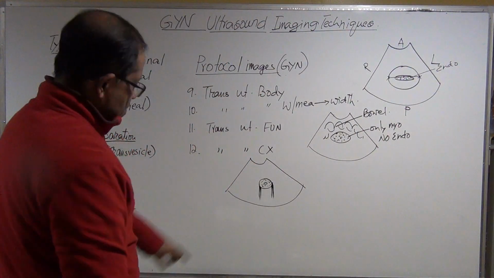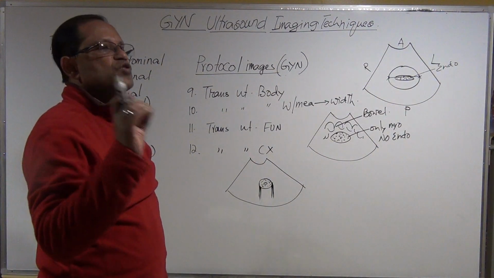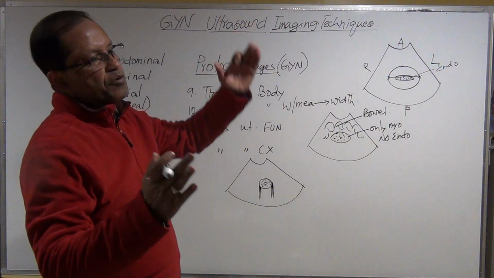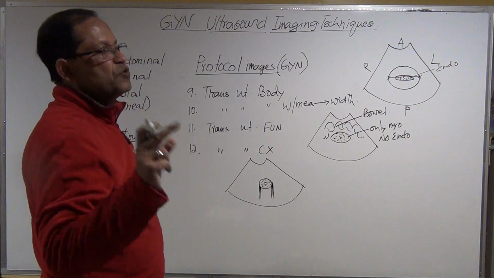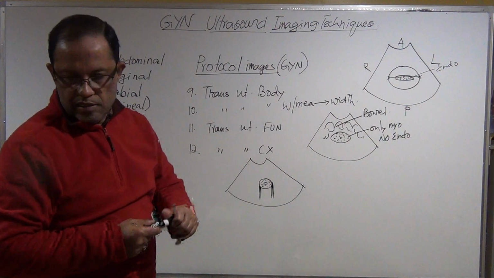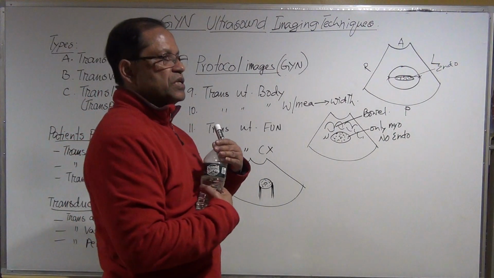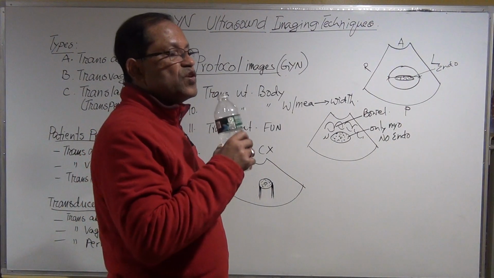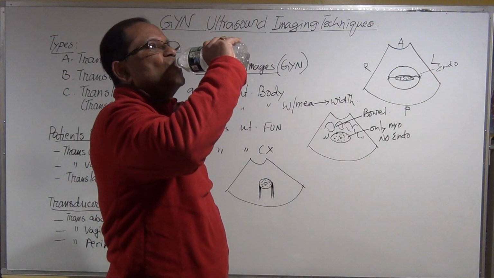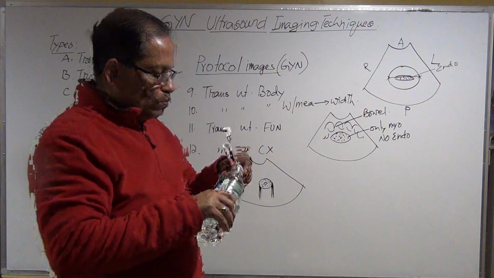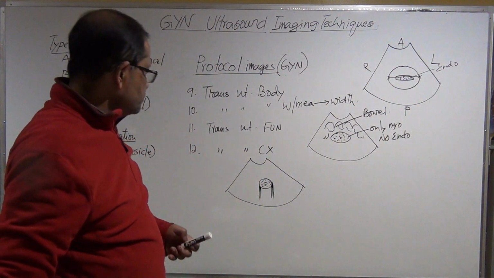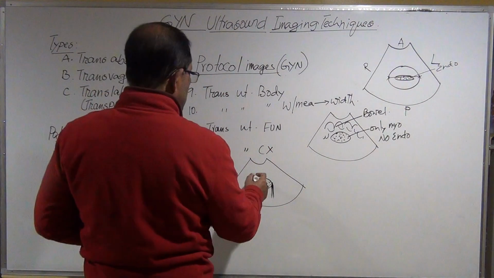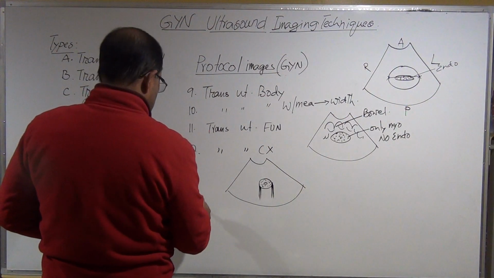And make sure this cervix, you saw it in longitudinal view when the full uterus is there, and you have to check the cervical canal. Is there any fluid collection due to obstruction, due to polyp? Is there any presence of a polyp? Okay, so this is cervix, transverse cervix, and now 13,